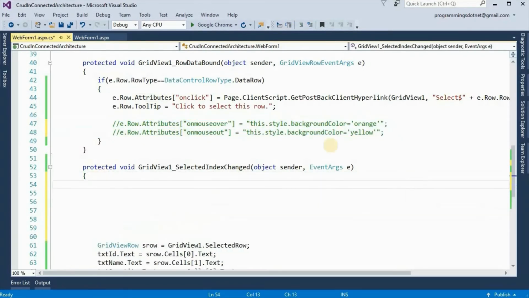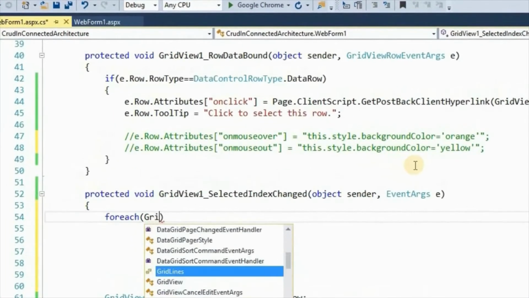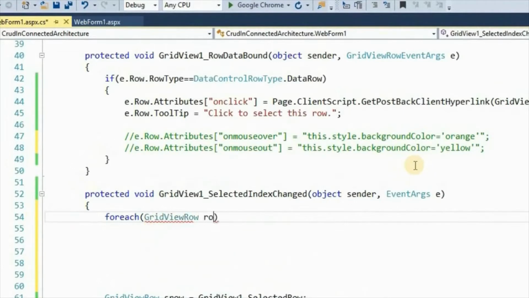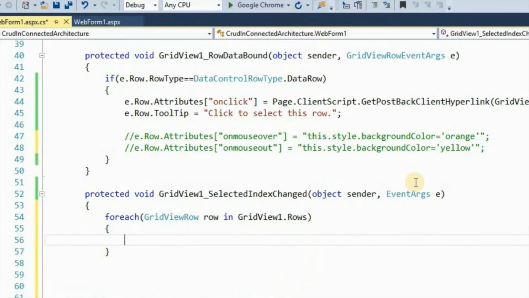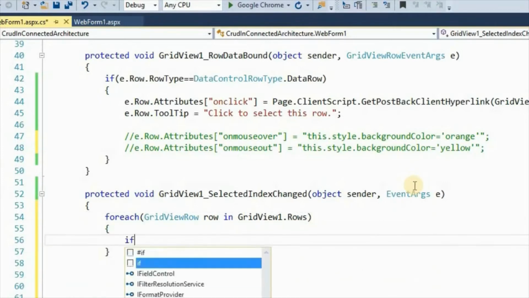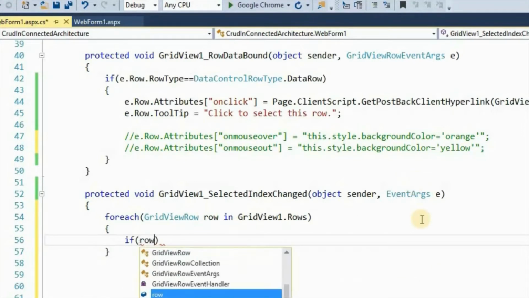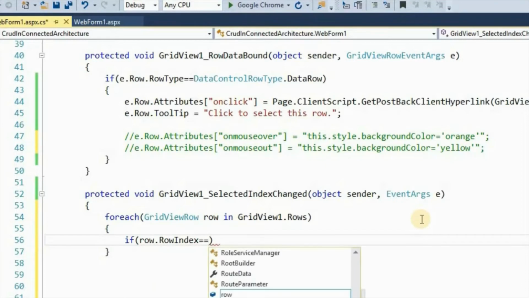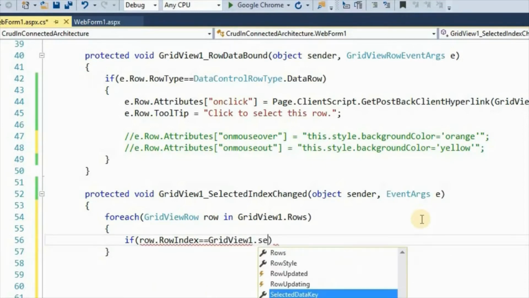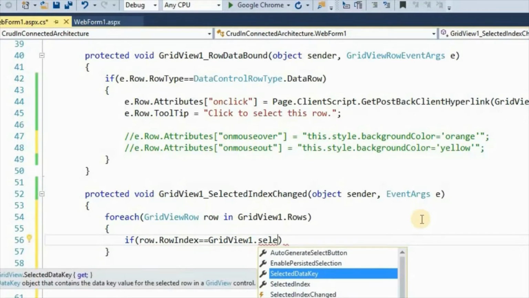Or for each grid view row in grid view 1 dot rows, if row dot row index is equal to grid view 1 dot selected index,